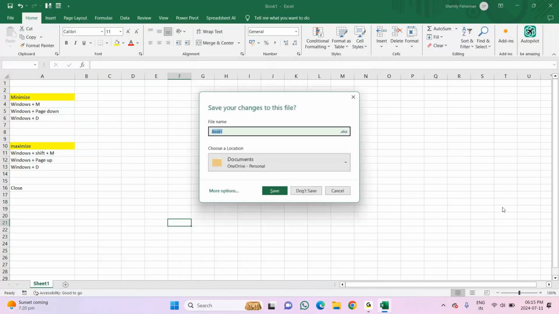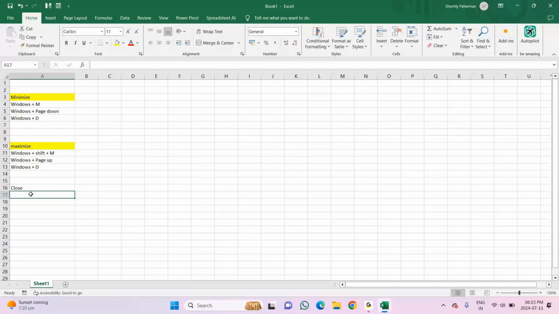See, sorry, it is not. It is Control W. Control W is to close the screen, close the working space. Okay, Control W is used for closing, but which one will you be closing? You will be closing the working area. And the next one is, see, if I press Control W, it is asking me to save the file.